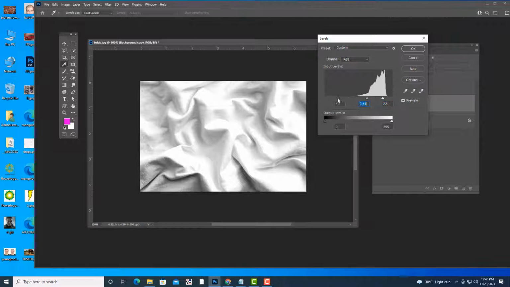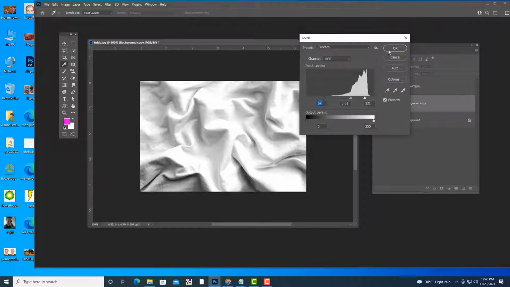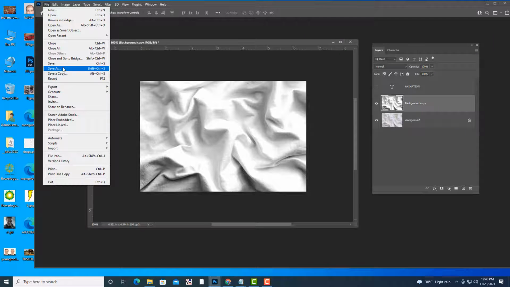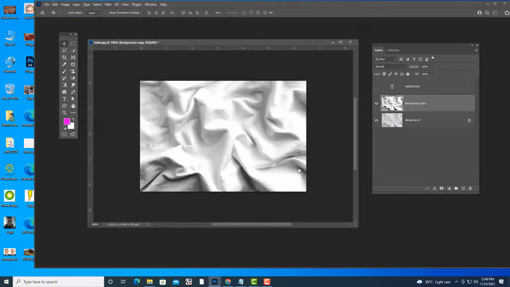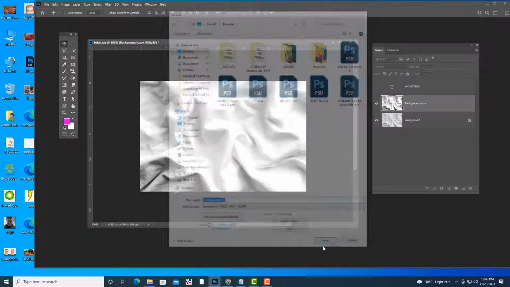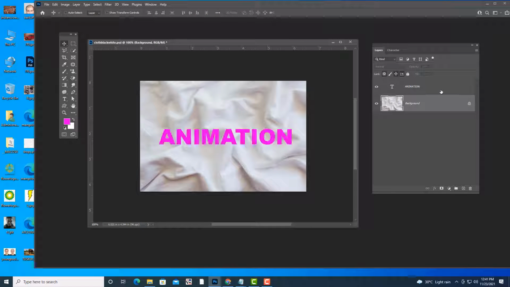It should look something like this, so that this displace filter will work properly. Then File, Save As, and I am going to save it as cloth black and white. And the most important thing is, save it in PSD only. This is very important. Then I am going to delete this. Then I am going to select this.